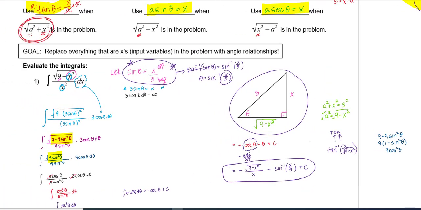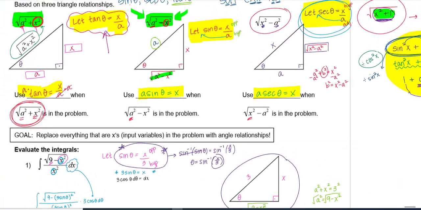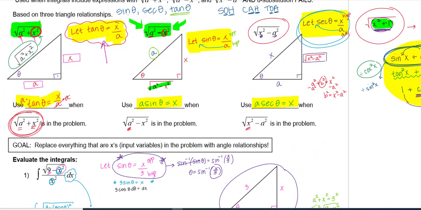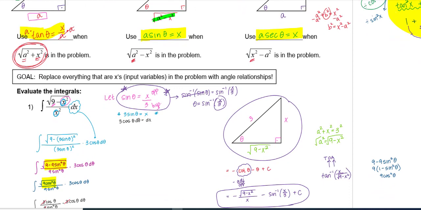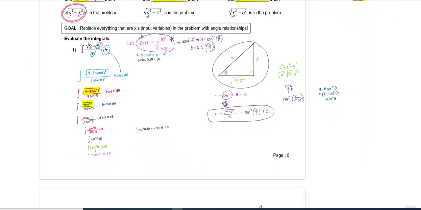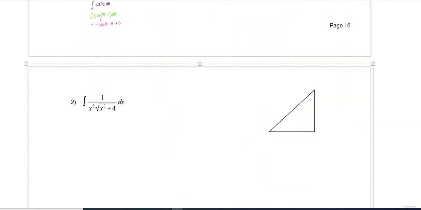Again, I will repeat, we're going to choose sine, secant, and tangent, and that way the x's are all in the numerator of that ratio, and I set up my triangle accordingly. So if you start your problem with let sine theta equals, secant theta equals, tangent theta equals, you'll be good to go. The only thing I'm going to do is scroll to one more problem and just take a look at a setup, and then certainly you can watch the next video to see how to solve it.